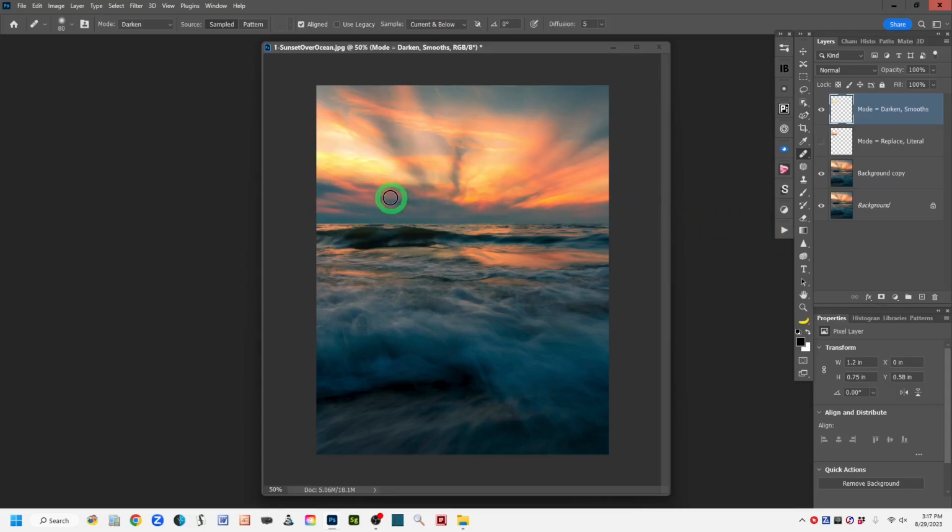Maybe we'll just do a teeny bit more here, just to get a little bit of this blue in here. So Alt Option, left click with the mouse to collect the sample, and then let's just get a little bit of blue in there so that it looks consistent with what's going on in the rest of the sky. And you can paint some more elsewhere too, but I think you get the point,